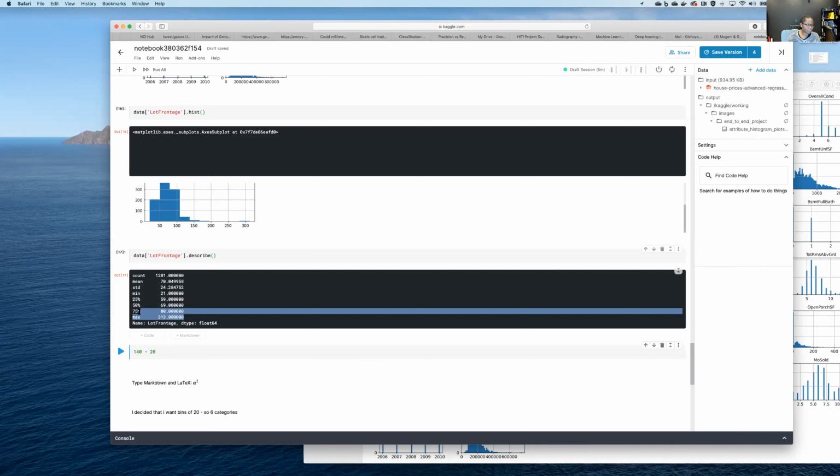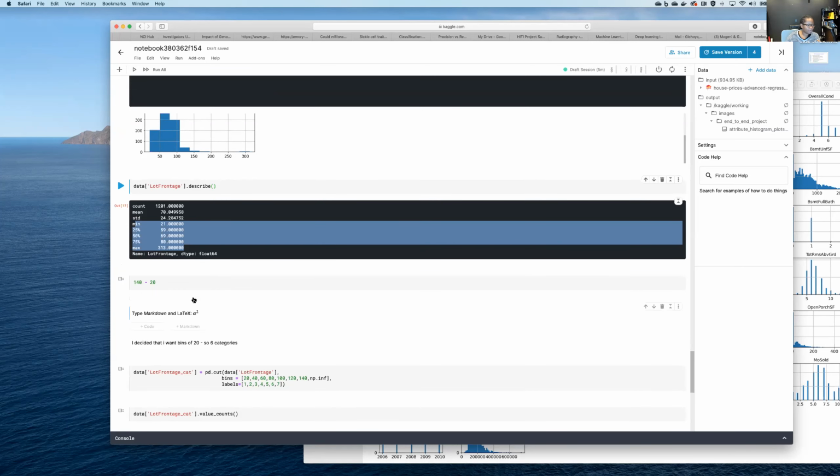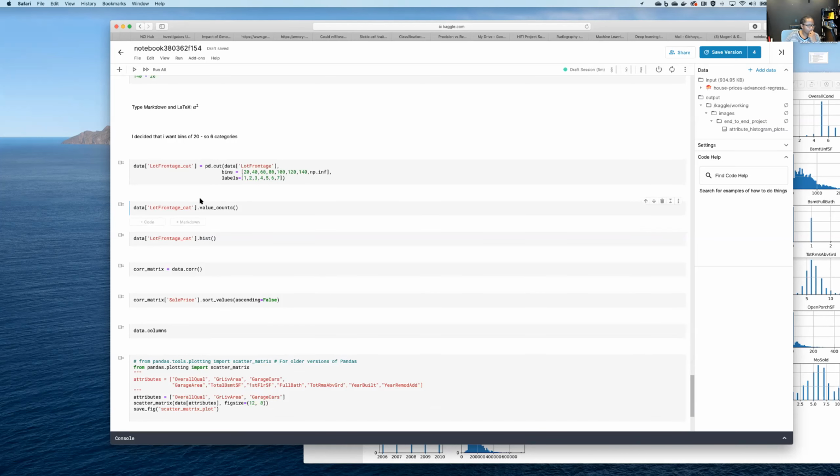You can see sort of what's the minimum and the maximum, and then come back and decide to bin these values. And so